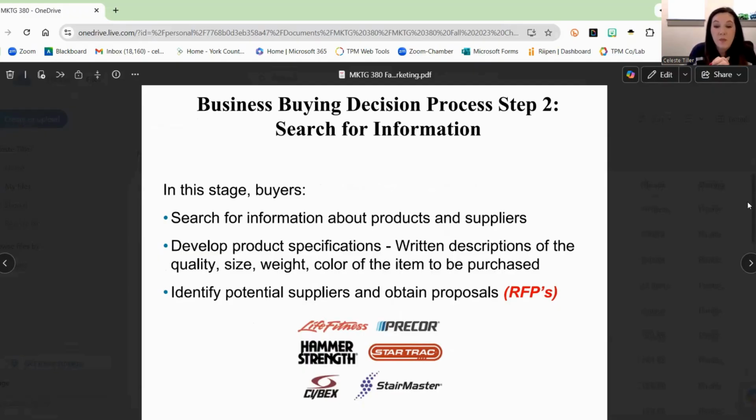I gave you the example of Winthrop when we were rebranding Winthrop University, and we were looking for a marketing company to help us do that. And we put out an RFP for that. We listed out everything that we wanted, things that we wanted to achieve, and we put that out for bid. That is required by the state, and some companies require that, and they require a certain number of bids to come in or to be reviewed before they can move forward.